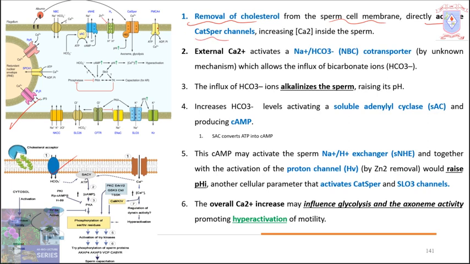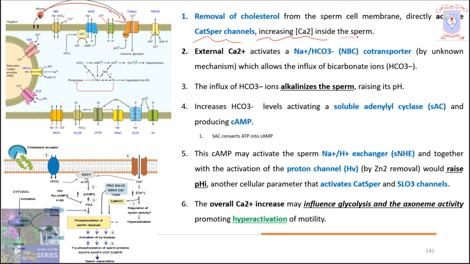So here you can see the albumin is removing the cholesterol from the plasma membrane of the sperm, and this removal of the cholesterol from the sperm cell membrane directly activates the channel named CatSper. You are familiar with the CatSper channel, isn't it? It is a calcium channel, and it increases the calcium concentration inside the sperm. So when the CatSper channel gets opened,